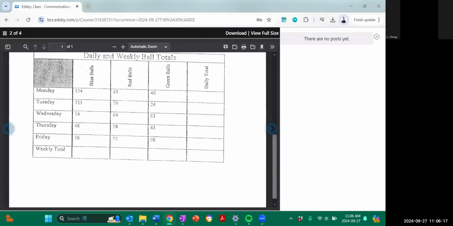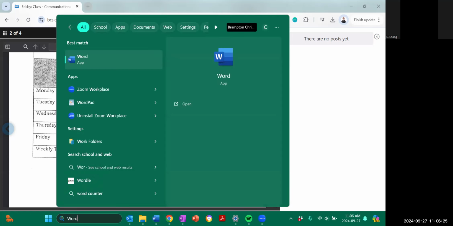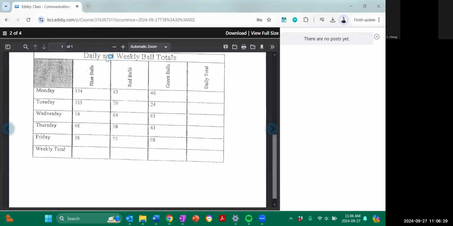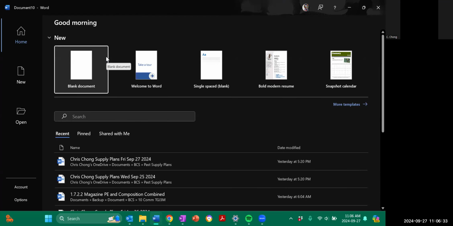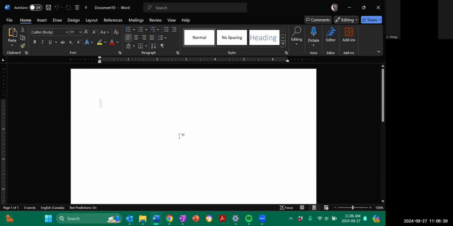So again, if you want to open this up, you can click into search and then type in Word and open up Microsoft Word. Again, remember this should be done on Microsoft, not on Google Docs. Okay, and then from here,